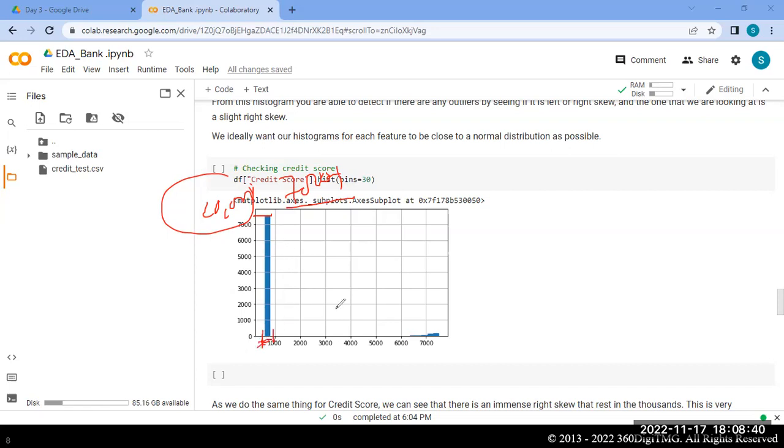And very few people, barely 200, 300 people, have a credit score between 6,500 to 7,000 or 7,500. These kinds of inferences you get when you do the visualization. Here also it is a histogram, that means univariate. What variable are we taking here? Credit score, to know how the credit score is spread. To know that, we are going with the histogram.